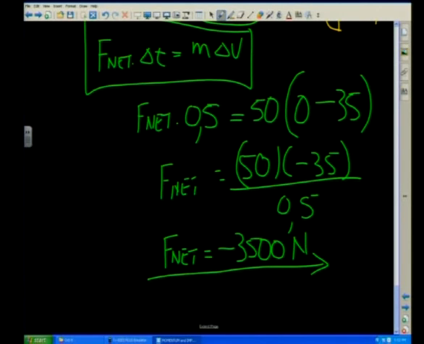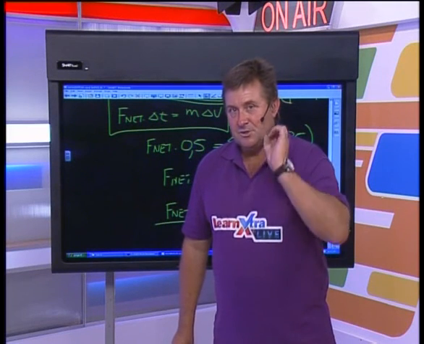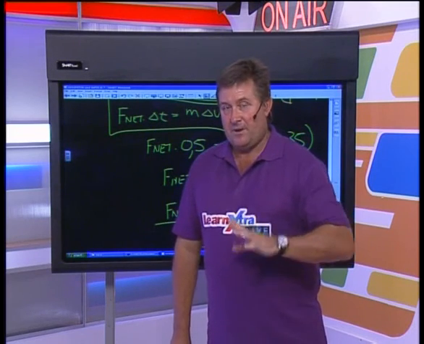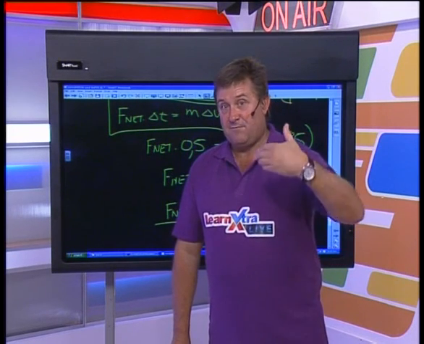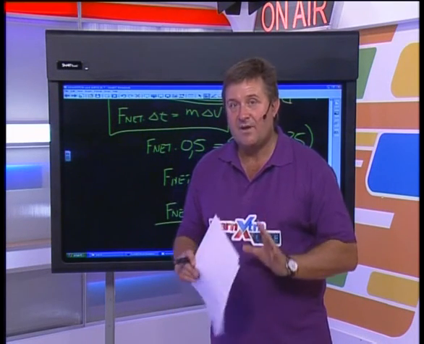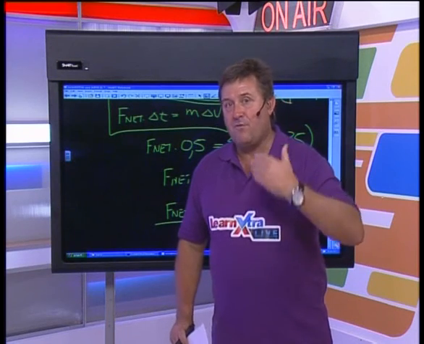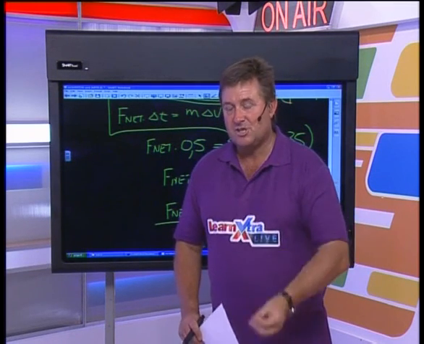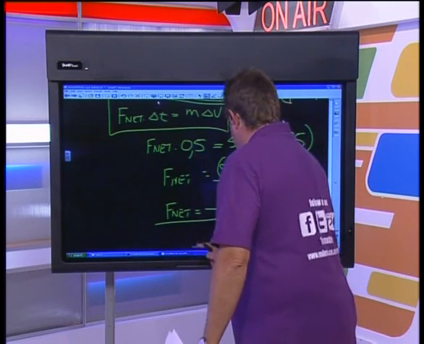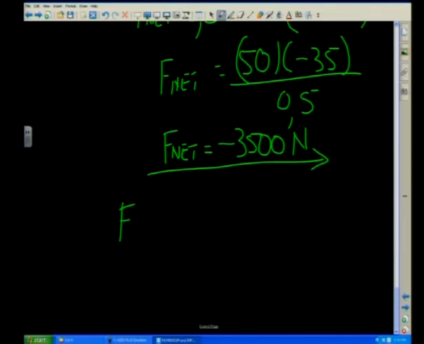But guys, remember what I said earlier. We have to interpret the negative sign in the answer. And I gave you a clue right in the beginning when I said applying the brakes. It's a force that's slowing the object down. It's a force that's going to cause a negative acceleration. In other words, the force is acting opposite to the direction of the motion of the car. It's a retarding force, guys. And that negative sign is telling me that the net force is actually acting backwards, opposite to the direction of motion. So I can write it down as 3,500 newtons opposite